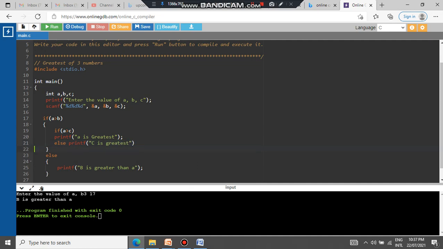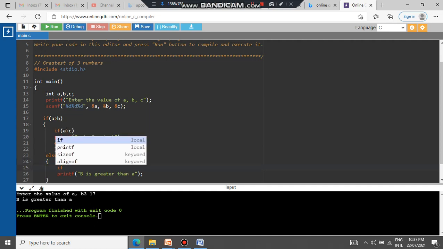Similarly, now if this external condition is not true, that is, previously I assumed that a is greater than b, but now a is greater than b itself is not true. So in the else part of a is greater than b, b is greater than a. In that case, I take another condition here: if b is greater than c.